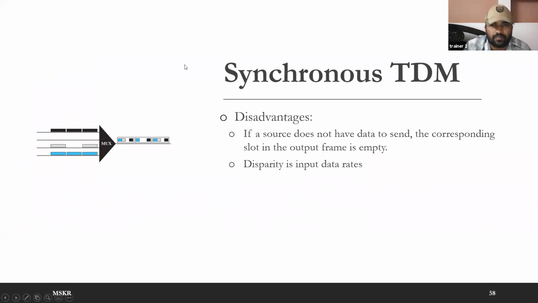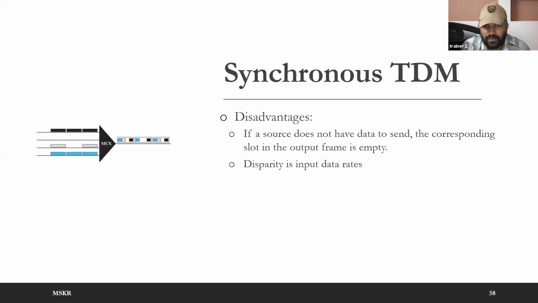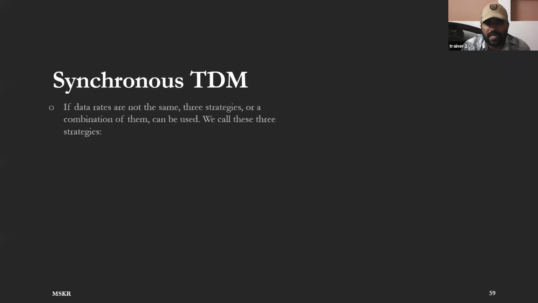So, if there is a disparity among the input data rates. Okay, I have one more topic in synchronous TDM. I think we will take one more class for time division multiplexing, that is statistical time division multiplexing, and a few more examples. Since I am going to take one more class on this in tomorrow's session, we'll get a few more examples, more elaborate. I'm going to give you more examples in the next class. So just consider the theoretical concept in this class.